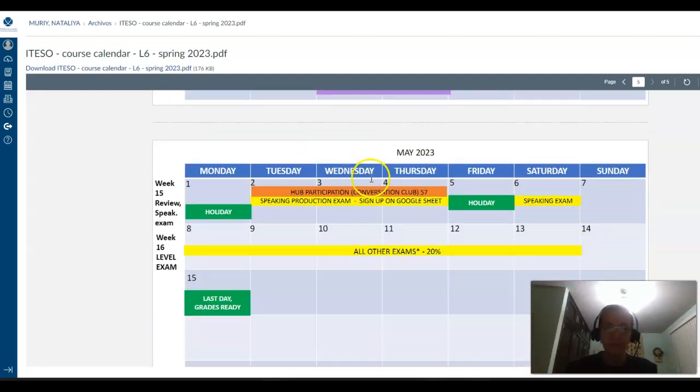Finally, we have the level exam at the end. In week 15 of the course, we have your speaking production exam. That's when you actually get to speak to your classmates and myself. And we will be doing it over this period. Notice how we have 2 days off during this week. So we will have to do the exam between Tuesday and Thursday, and also on Saturday, to make sure everybody